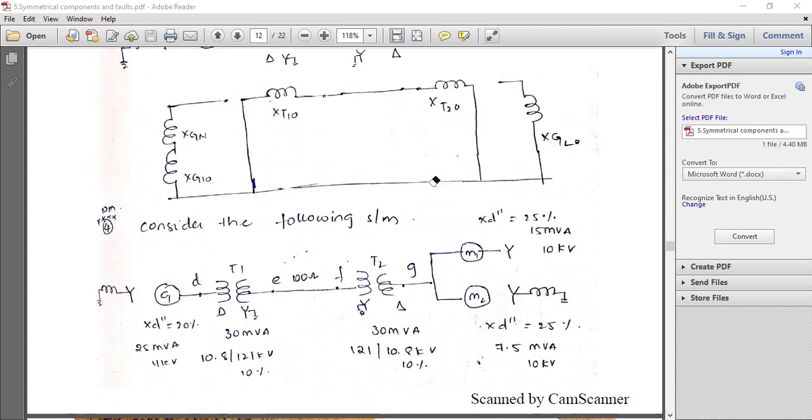So how do you draw the zero sequence networks? Whether it is a positive sequence network, a negative sequence network, or a zero sequence network, first of all you have to check whether the single line diagram is available or not. If the single line diagram of the system is available, then you can replace the generator with its equivalent circuit, the transformer with its equivalent circuit, and the motors with their equivalent circuit. We have already seen all these concepts in chapter 1, per unit representation and its topology. Now let us verify the answer.